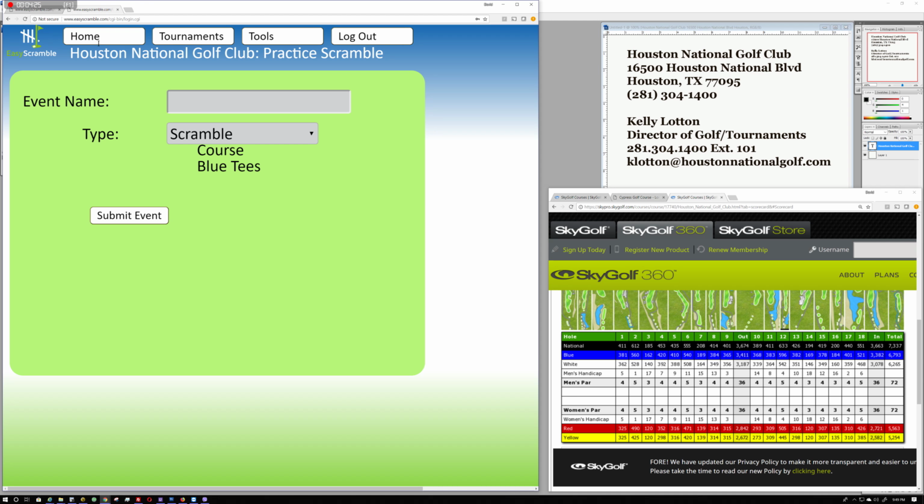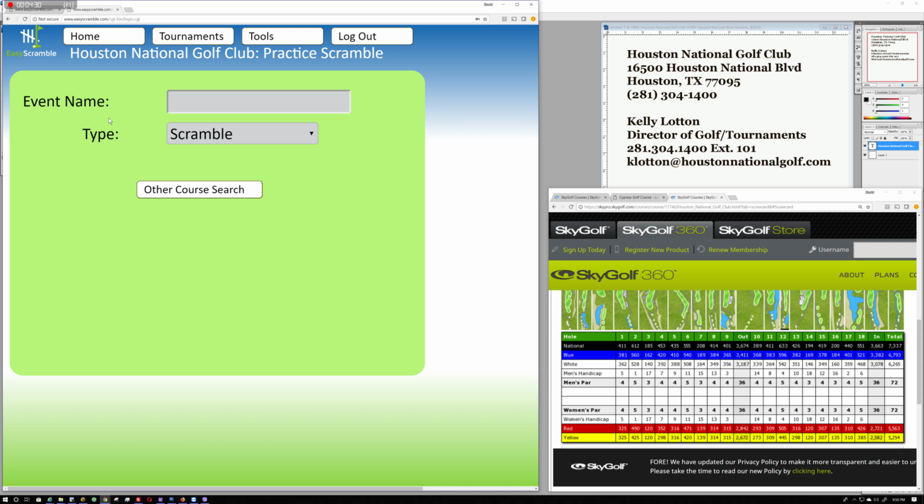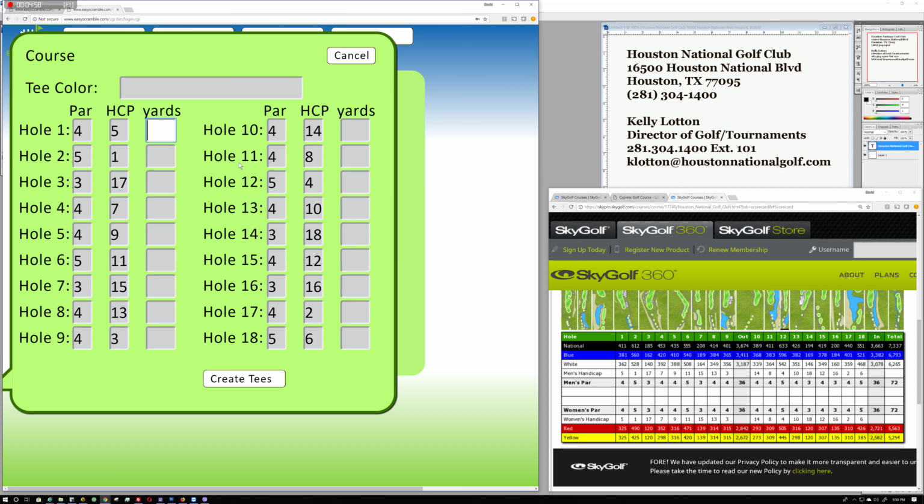Now I want to show you something right quick. I'm going to just back out of it and go right back in to add the event. And I want to show our course, which we already created. Now we created these blue tees, but I wanted to point out that this tournament's going to be on the white. And the reason I'm doing this is I wanted to show you when you add a set of tees that don't already exist,